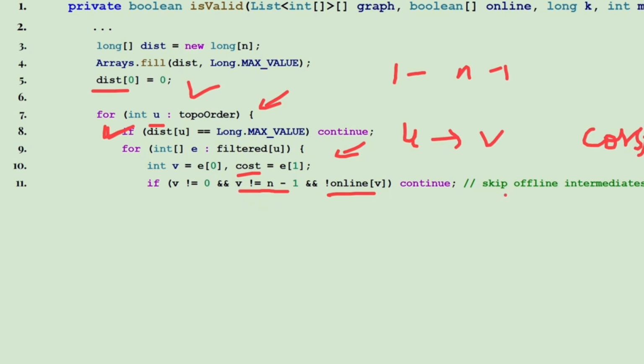It means we have to escape these intermediate offlines, right? And then we'll update what is the previous value of the du, right? And then the cost, right? You know the cost, previous cost, and this is the thing, right? So you want to update this value because